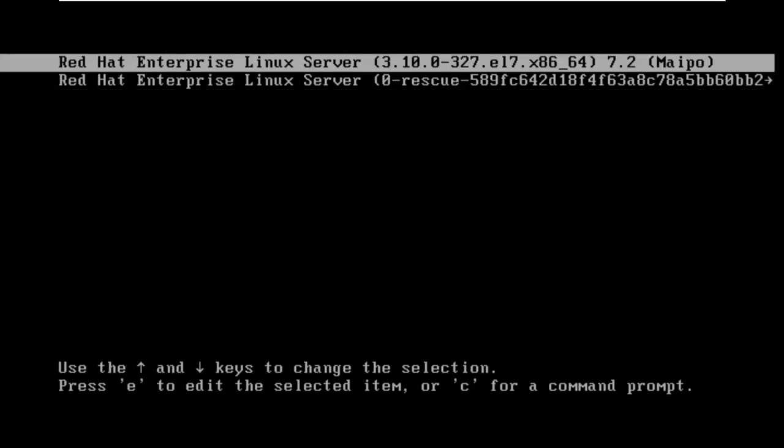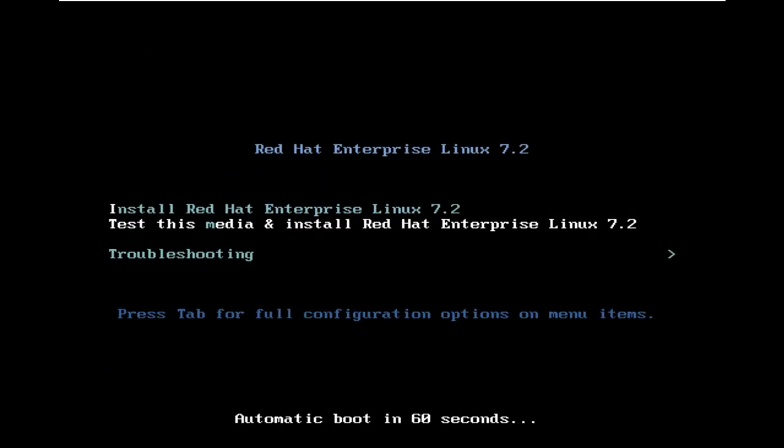Now I don't want to start it again. If I want to start this, I can select it and press Enter and it will start, but I don't want to start it. I want to start the installation in graphical mode. So what I will do is press Ctrl+Alt+Delete so that it will reboot, and then again it will detect the DVD, and then we will select the installation. So I am pressing Ctrl+Alt+Delete. It is rebooting, and now again we see the installation option from the DVD.